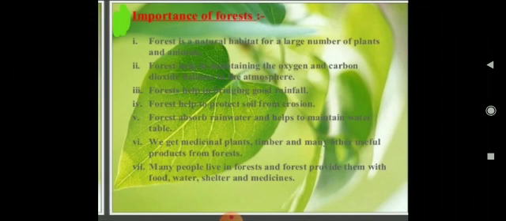Now we'll talk about our next topic, that is importance of forest. So students, if we talk about the importance of forest, forest is a natural habitat for a large number of plants and animals. Forest helps us maintain the oxygen and carbon dioxide balance in the atmosphere. Forest helps in bringing rainfall. Forest helps to protect soil from erosion. So students, if we talk about the uses and importance of forest, we can say the main product of forest is timber. Trees such as sal, mahogany, teak, rosewood provide timber for